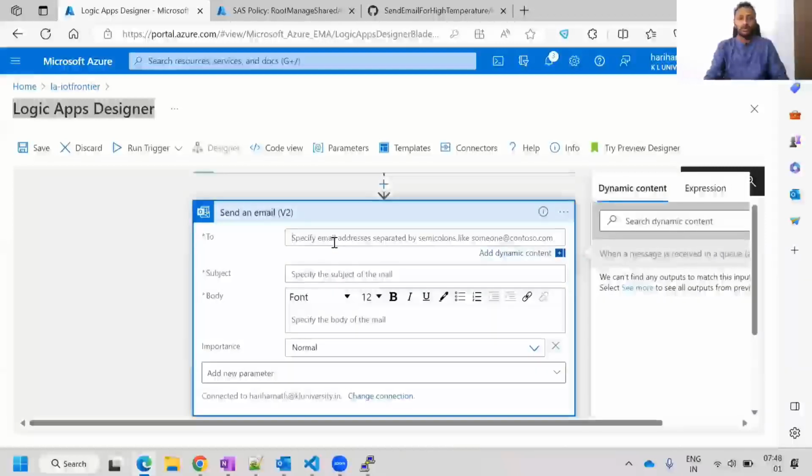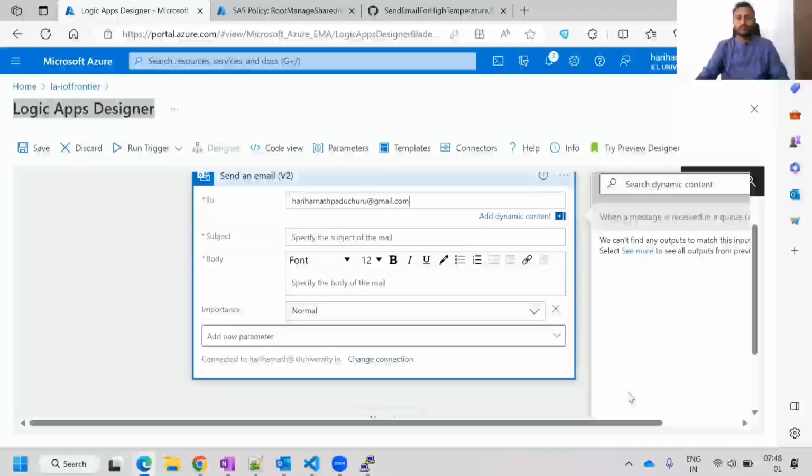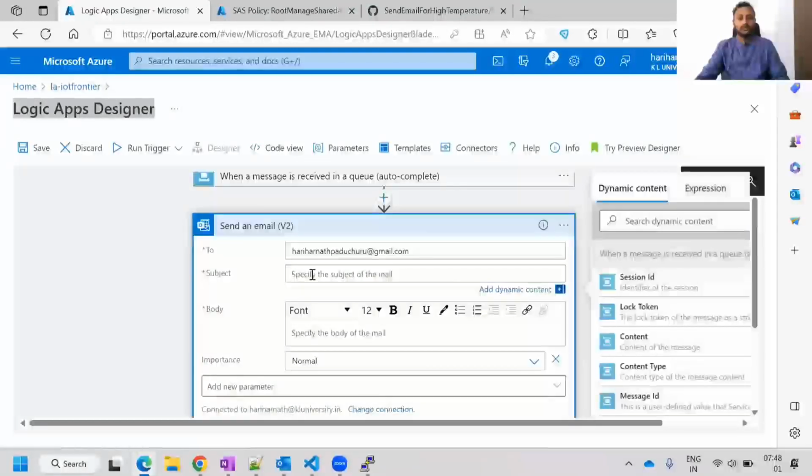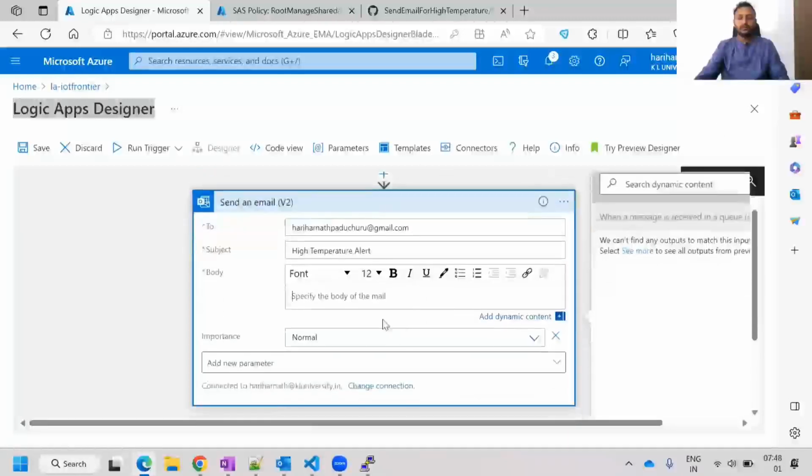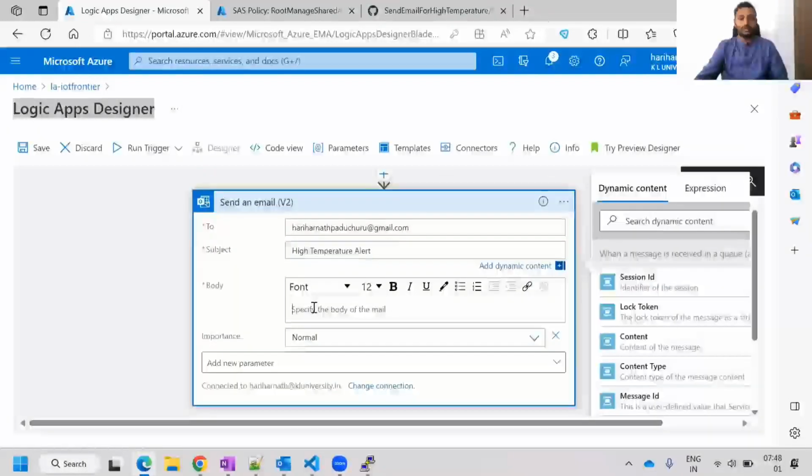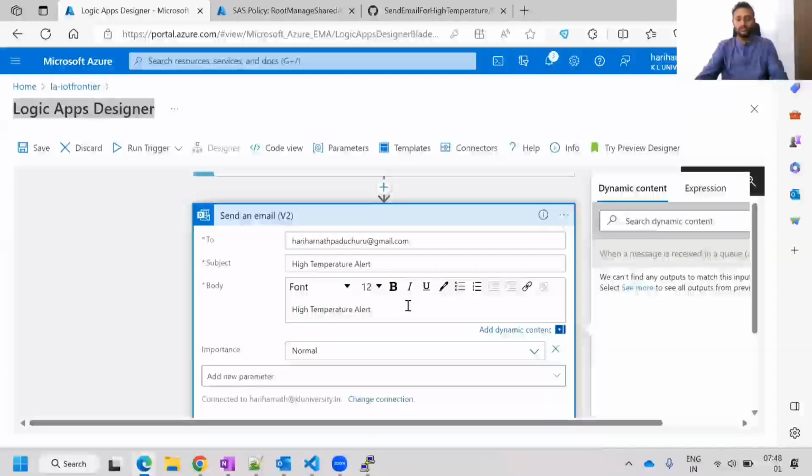So I can use one of my mails in To. This is my mail, and then I'll select the subject: High temperature alert. And in the body, I can also mention, as short, I can use high temperature